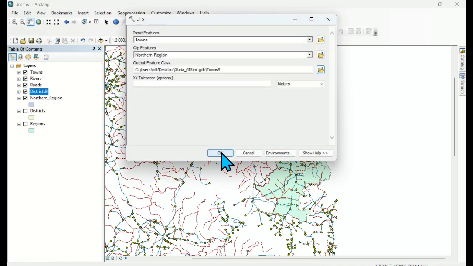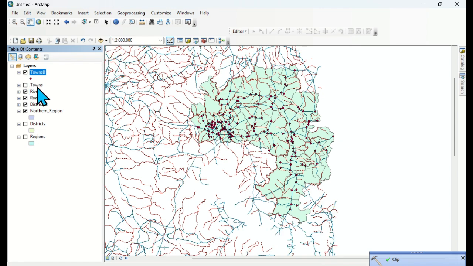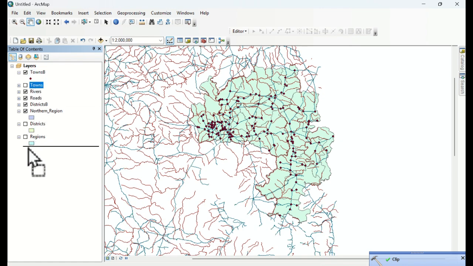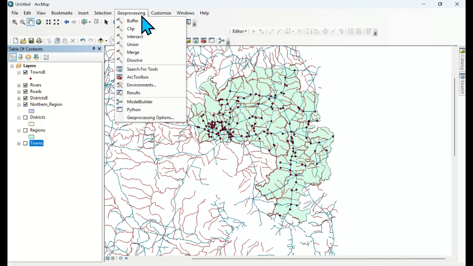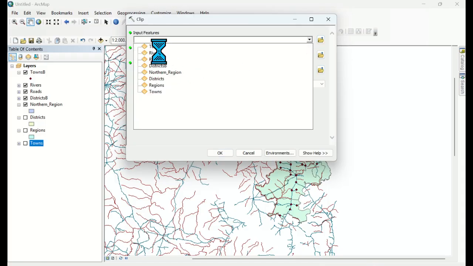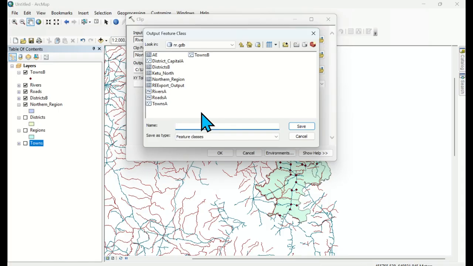Save. Okay. Realize that it is clipping. So clip, as in yes, it has been added. So I'm going to uncheck this, then drag it down. Then again, geoprocessing, clip, input feature, reverse, clip feature, Northern Region. Then I select this for that, and I'm going to name it as